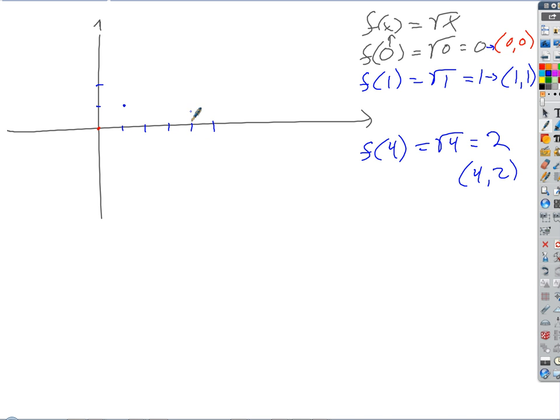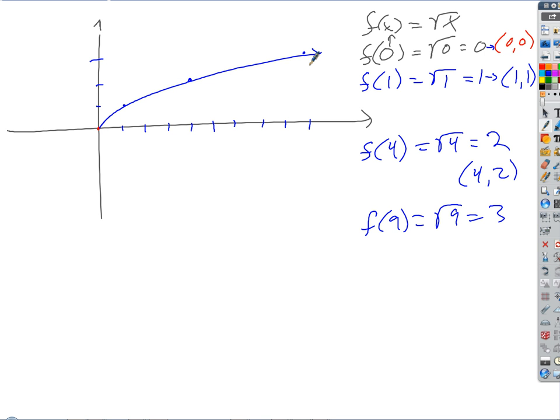1, 2, 3, 4, 1, 2. And then maybe there's one other one we could do. We could do 9, couldn't we? We could do f of 9 equals the square root of 9, which is 3. So we go over 9, so there's 5, 6, 7, 8, 9, and we go up about there, about 3. And so if we connect those,